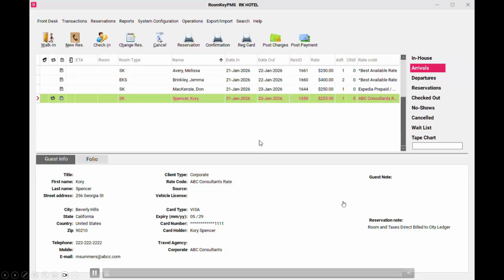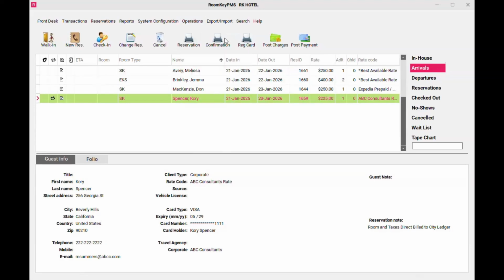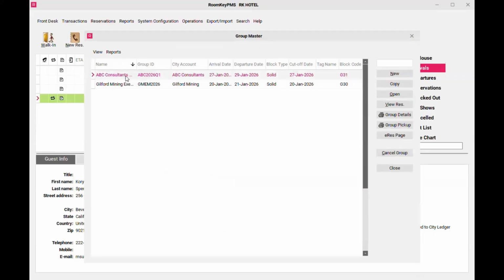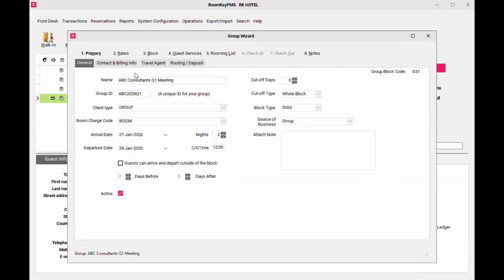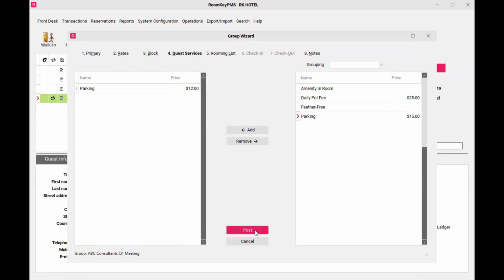So we're going to open up the groups module. It's found here in the operations menu. You'll select the group that you want to add the services to. So I'm just going to double click on this ABC Consultants group. I'm going to jump ahead to step number 4, guest services. This is where I can select my service. Let's have parking, and I can even adjust the pricing here. So maybe because this is a group block, I'm going to give them a special price of $12 per night